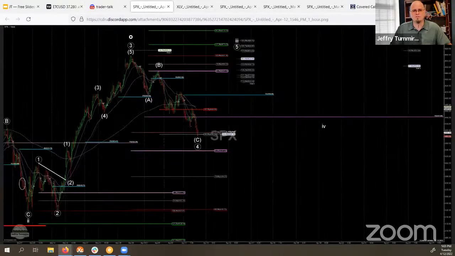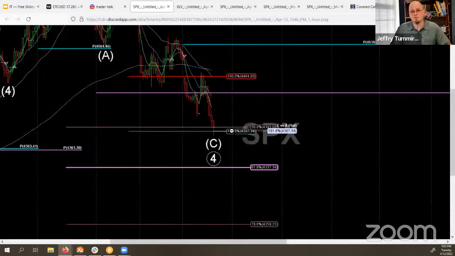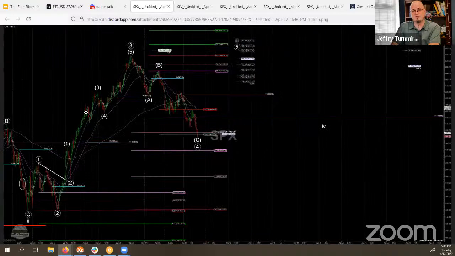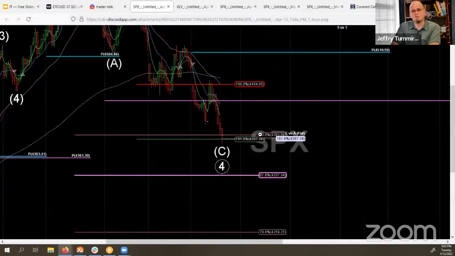So we've got this giant correction we've been in for 2 weeks. Now we've come to this point right here where some stuff all hits together, where this first move down, the A, and this third move down, the C, is 1.618 times bigger than the A. So C equals 1.618 times A, comes in right here where we are. And then we also retraced 50% of the wave three, this wave three right here from 2 to 3. We retraced 50% of that today. Hit that key level. Those all come together right there and make a little confluence level.